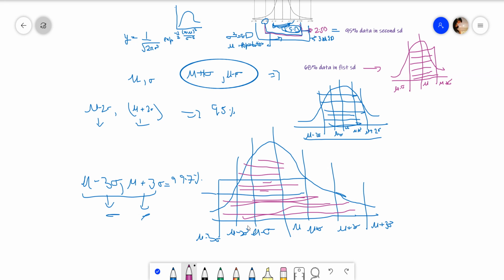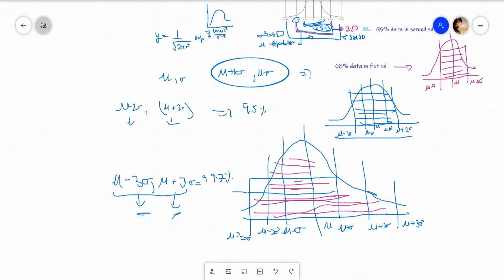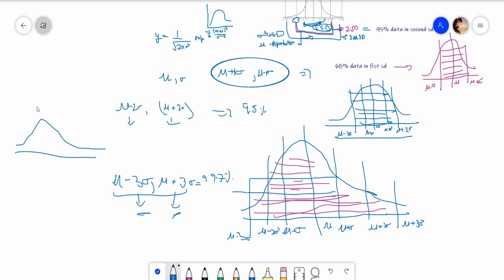Always consider that I am talking about data following a normal distribution. If it is not following the distribution, it can have some type of skewness, like right-hand skewness or left-hand skewness. To handle this type of distribution, we have to convert it into a normal distribution by some techniques, which we will talk about after some videos. So it will cover 99% of our data in the third standard deviation.